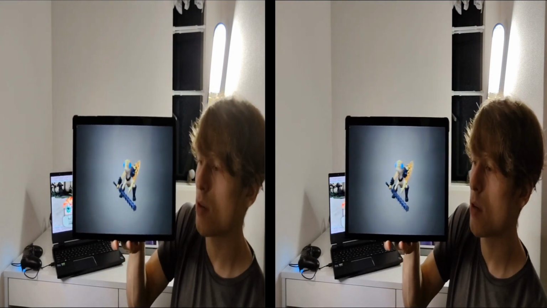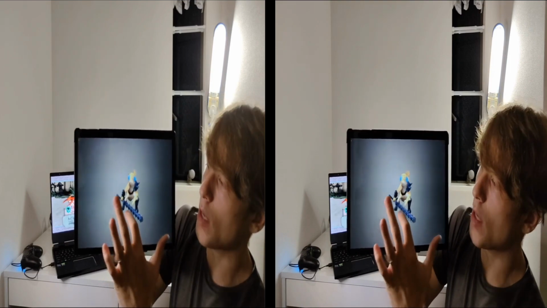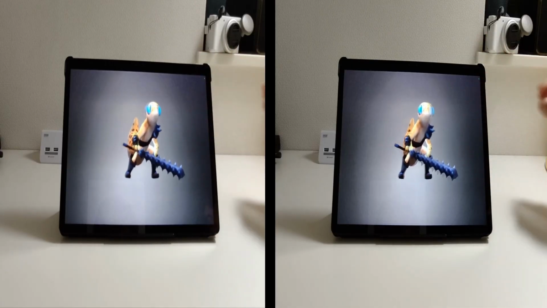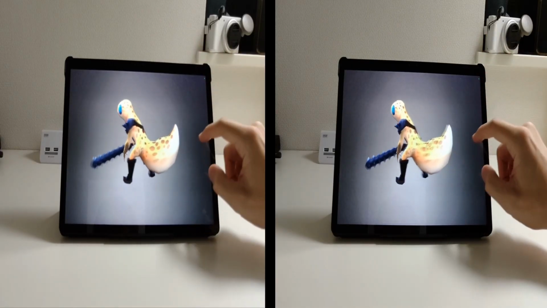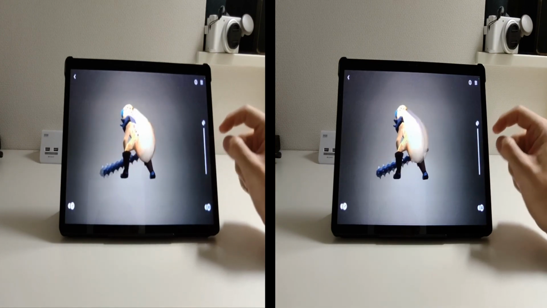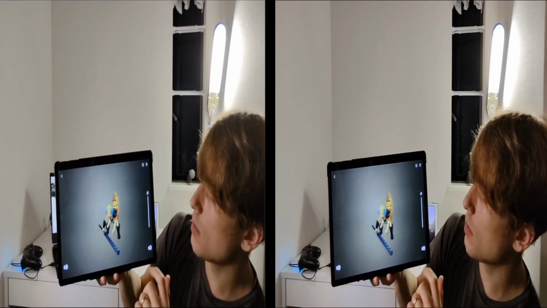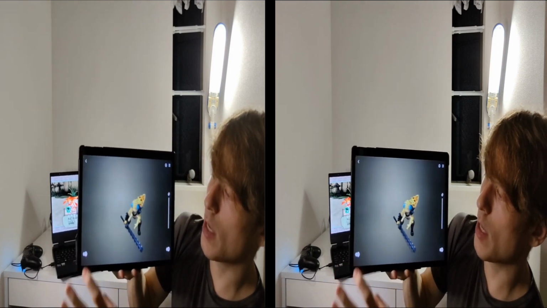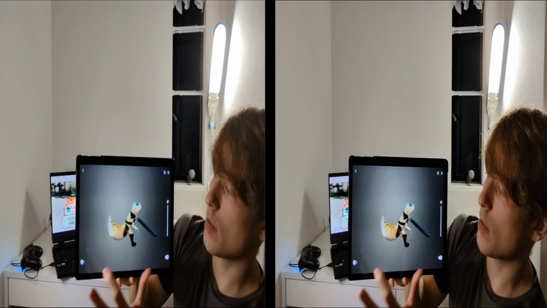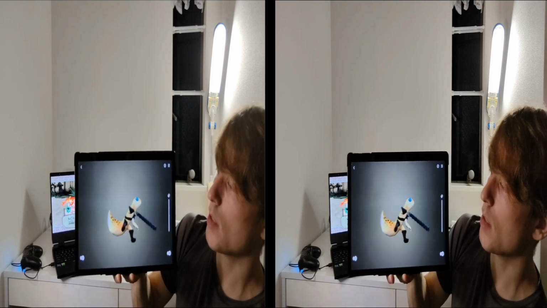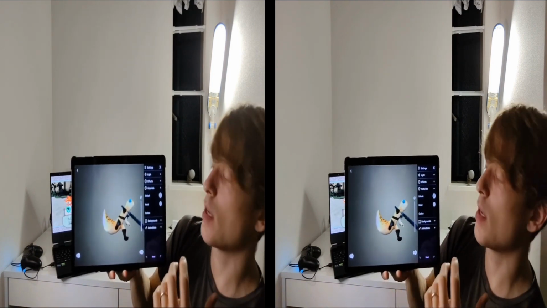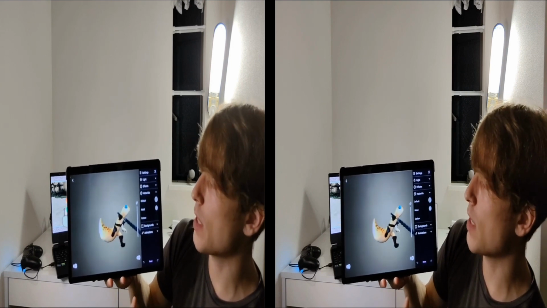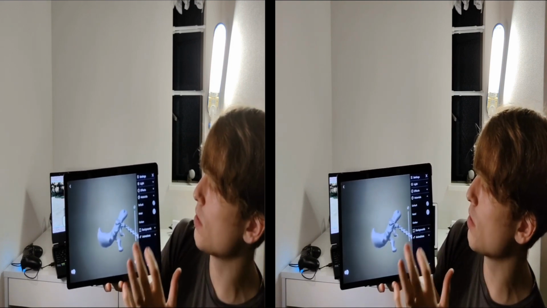You can tap to remove all the UI elements. So now you just have your model in 3D and you can enjoy looking at it or adjusting the position, and again zooming in and out. Tap again to bring the UI stuff back up. Depth slider on the right, and you can toggle on and off 3D. On the left you can turn the animation off with a click and then turn the animation back on with another click. Then there are material options that I said went away in my review of this app are now back, so I can switch to